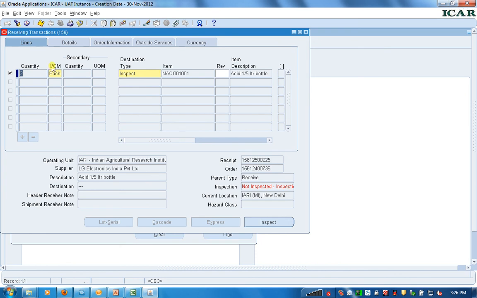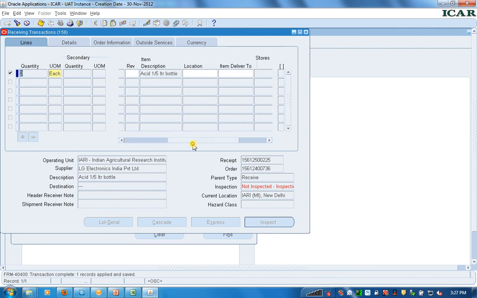After that we will click on the save button. So in this way we have captured the inspection result over here after doing the physical verifications.